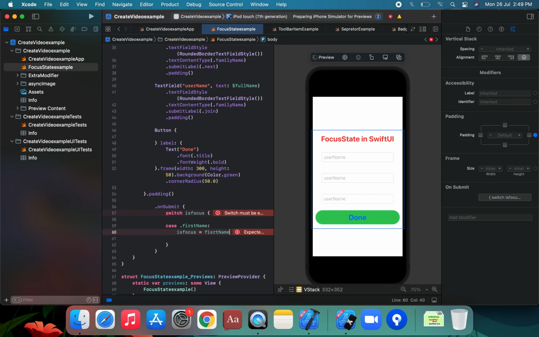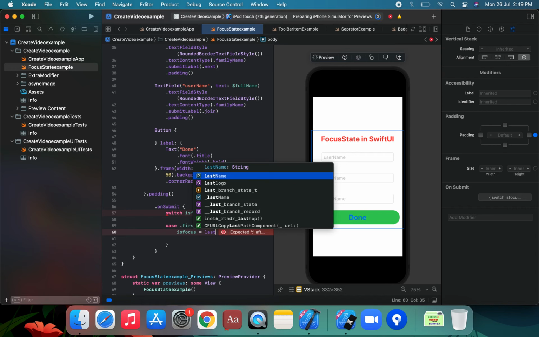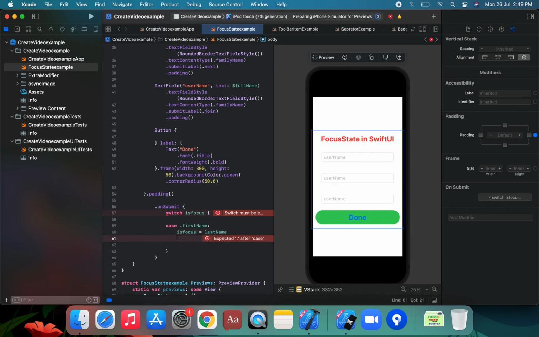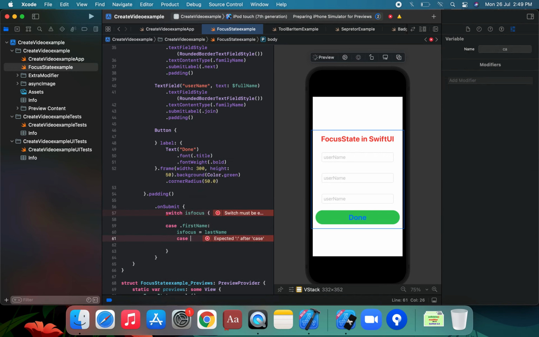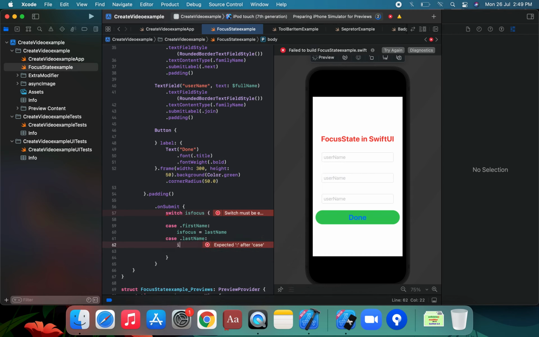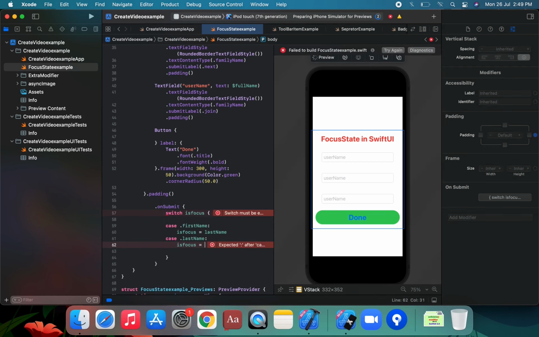Sorry, no, not applying this first name. This is the last name. This is next applying. The next element is the last name. Okay. We're going to apply the third case, and third case dot last name, and is focus is equal to dot last name. This is the focus last name, and this is the dot full name. Not applying this, the full name,